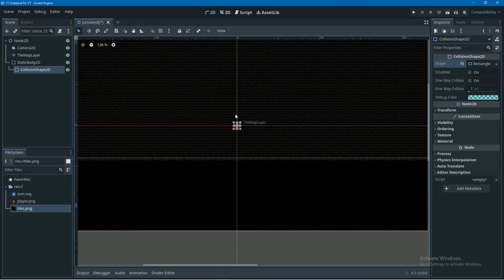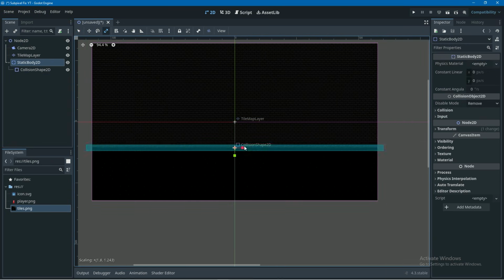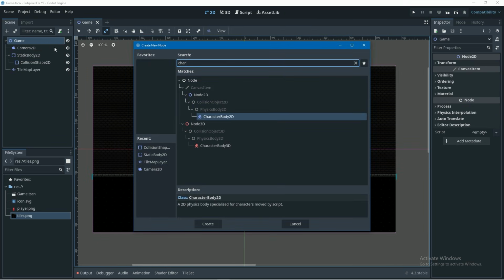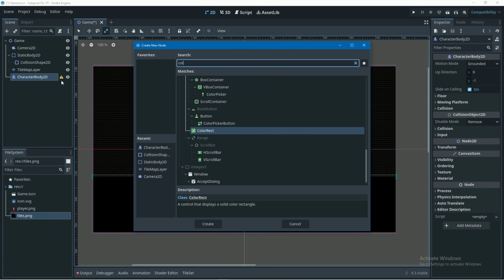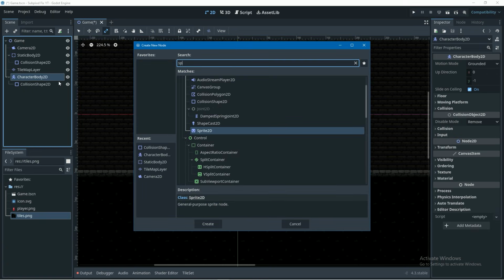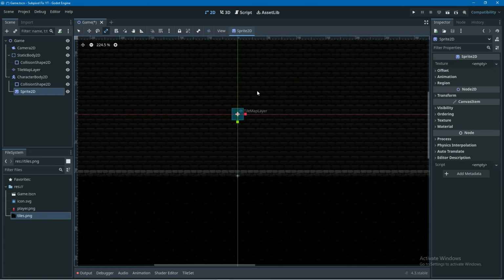I'm also using a StaticBody2D to give the floor some collision so the player doesn't just fall eternally, and then I'll add the player themselves, so I'll just add a CharacterBody2D, and then I'll add a CollisionShape2D to this node to give the player some collision, and I'll set that equal to a rectangle collision. Then I'm going to give the player a Sprite2D and I'll attach this player.png asset I have as